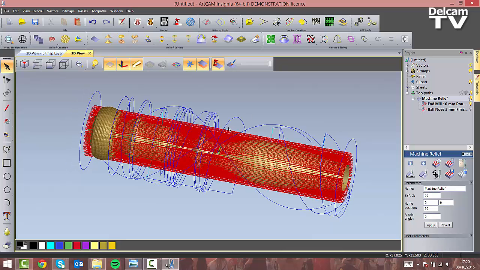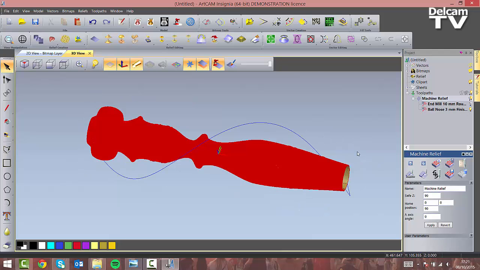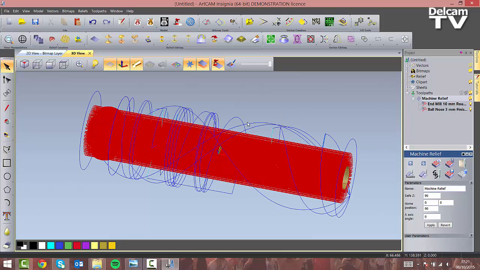You can see the dark blue lines are basically rapid moves, and the light blue lines are plunge moves. So they're both non-cutting moves, while the red ones are cutting moves. The finishing strategy will look like this. We've only got one rapid move, the rest is all cutting moves. So if you're happy with these, what I'm going to show you is how you